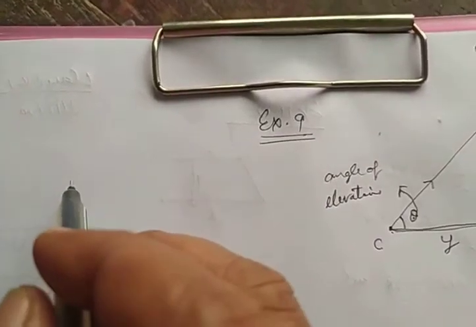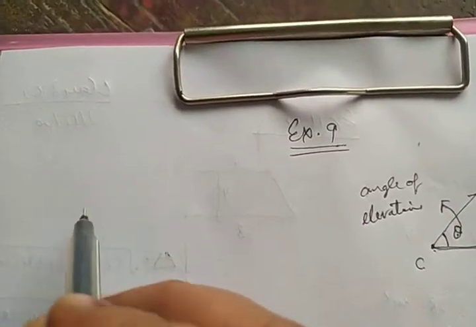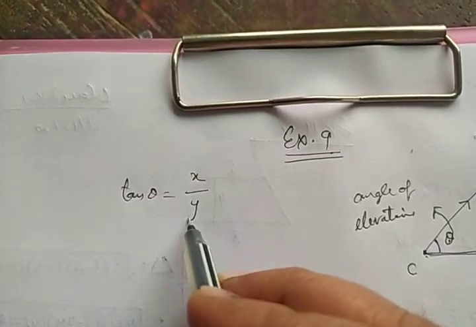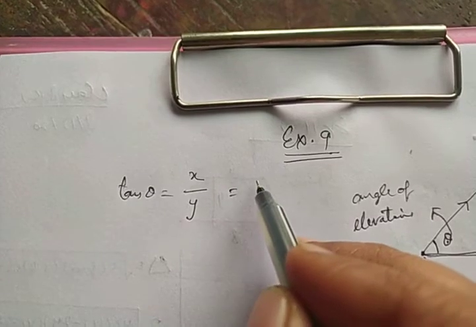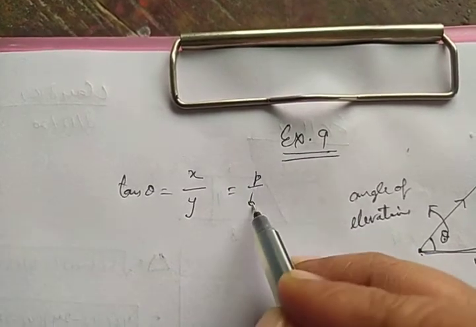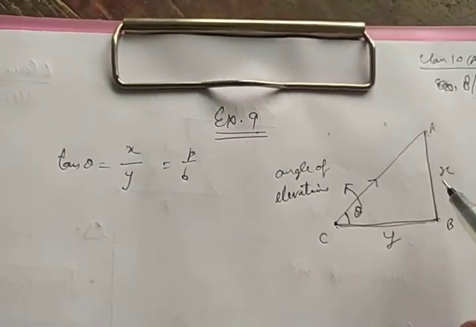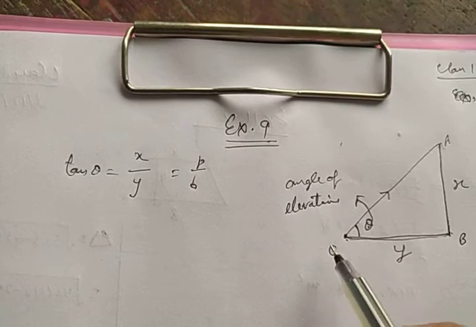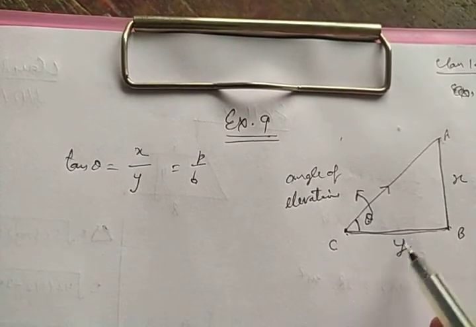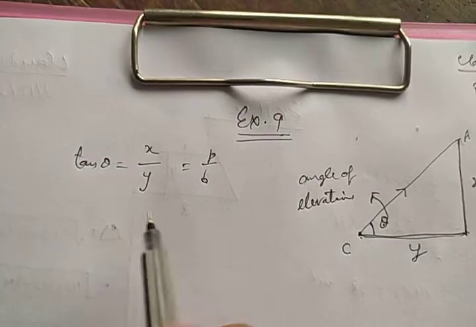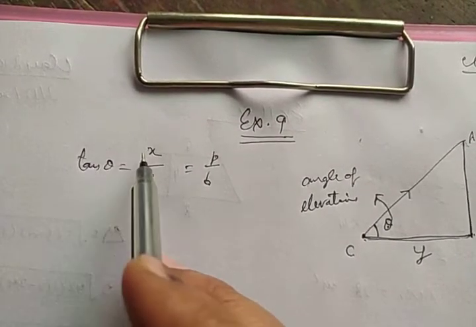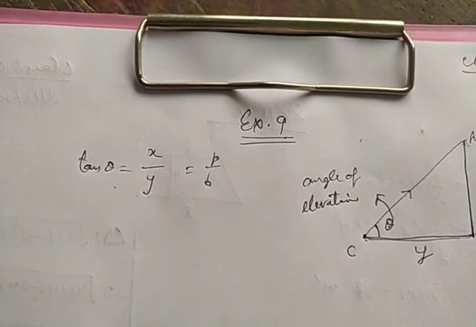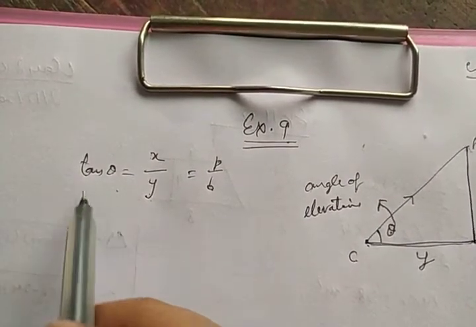Then according to trigonometry in chapter 8a, basically you will use tan theta is equal to x upon y. Actually this is by the formula of exercise 8a, it is p upon b, means perpendicular upon base. Now we are taking perpendicular as x, and horizontal distance base as y. Now this formula is tan theta is equal to x upon y. Now you are having three elements. Any one of them not known, you can calculate from this formula.